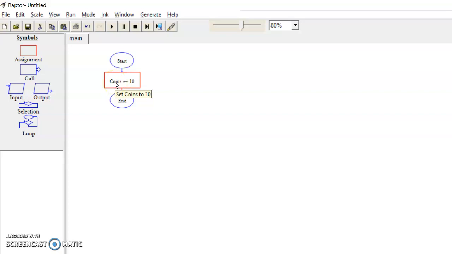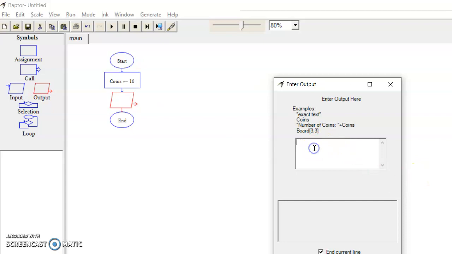Now I want to print this value corresponding to variable coins. So I need to use the output symbol here. So I need to drag output symbol here. So double click on this, and now I want to print the value.